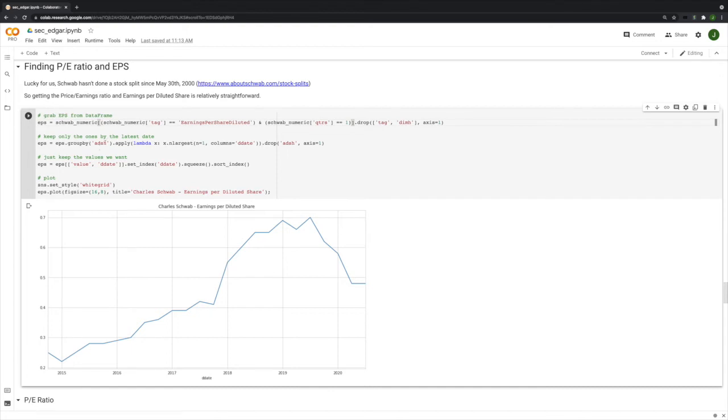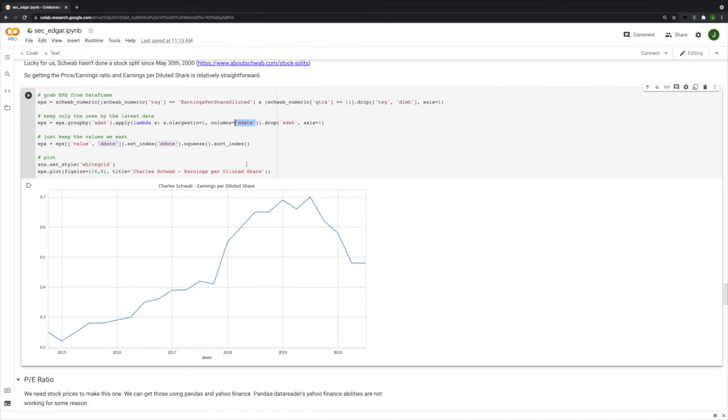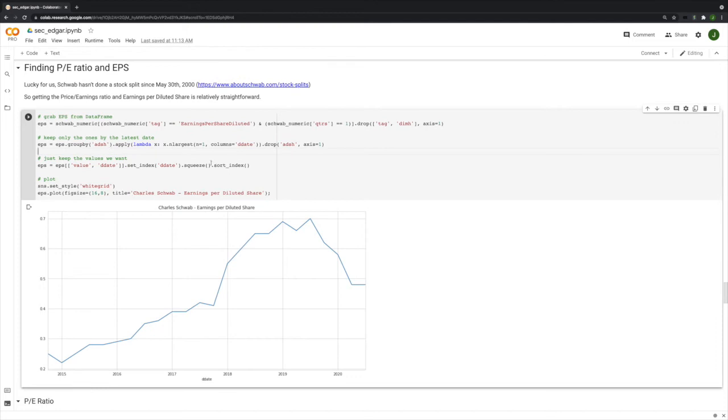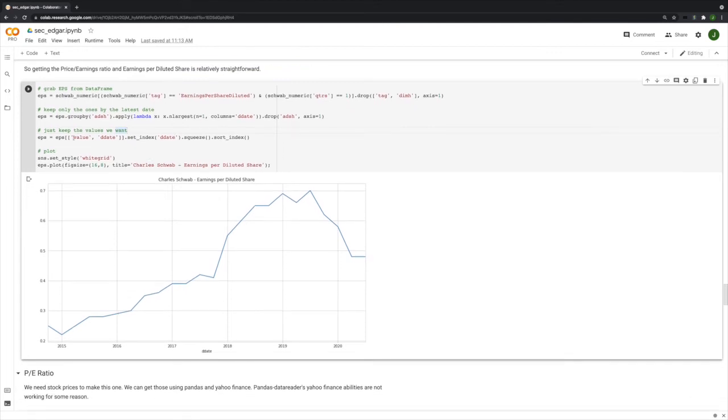All right, so here we're going through. We're going to group it by the ADSH number. So we're grouping all of the numeric values together by the form that they're in, and we're keeping only the most recent form. I know that sounds complicated, but the ADSH numbers are repeated, and we only want to keep one of them. So that's what we're doing here, basically. We're keeping only the most recent, the last filed, ADSH number in case there was an amendment or something. And then we're keeping only the value and the date,